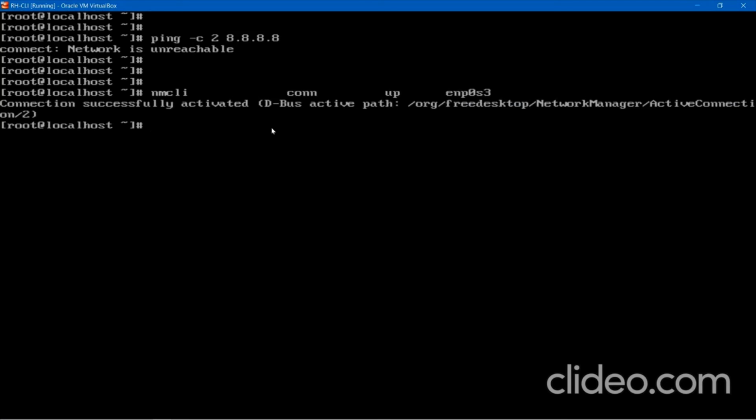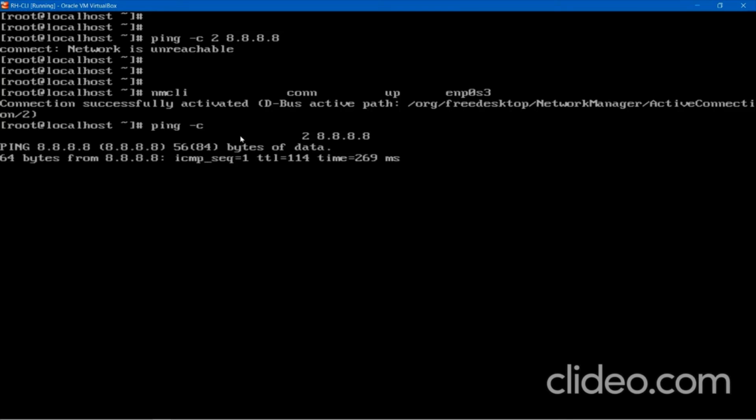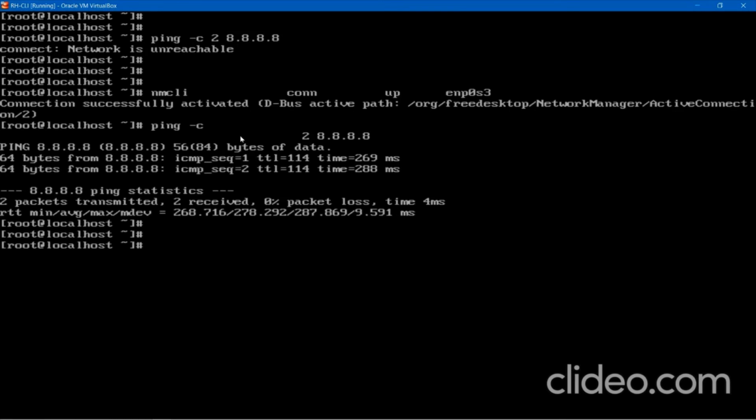See here, connection successfully activated, and again I'm doing ping. Here you can do this. I'm giving this many spaces, no issues. See here, this came to the second line. Same thing, same working, same concept. The space never matters in these commands. For any command, if there are some commands where you might face an issue regarding space, I will tell you. For now, just basic commands, you don't require anything, so you can give as much space as you want.